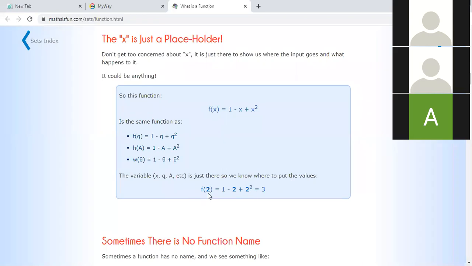Here, when we have a question like find function of 2, हमें function of 2 मालूम करना है, then we will write the 2 in place of x, just like 1 minus 2 plus 2 square. 1 minus 2 becomes minus 1, and plus 2 square means power, it becomes 2 2s are 4, and then you can get the answer: minus 1 plus 4. Here we have answer 3.